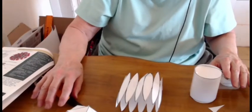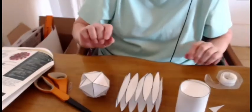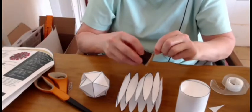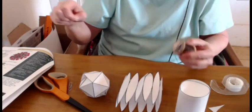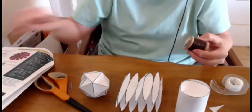All right, everything folded, all your shapes ready to go. The last step is the thread represents the genetic material. Now, if you remember from when we were making the models out of the egg salad sandwich model,